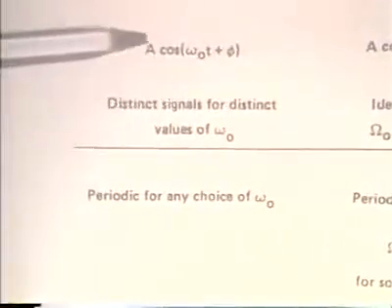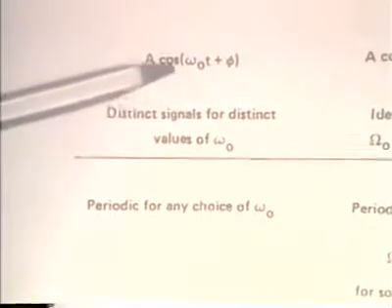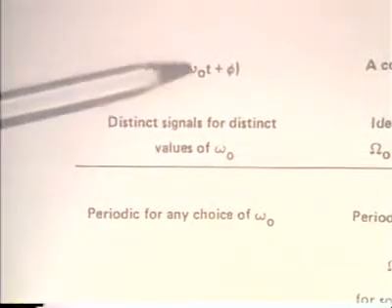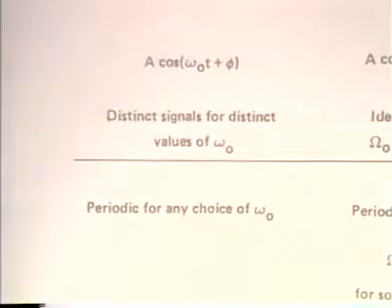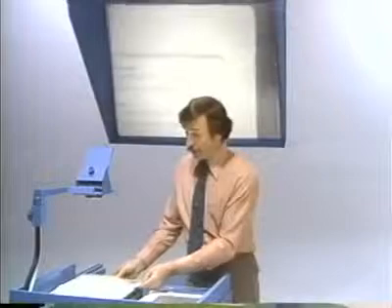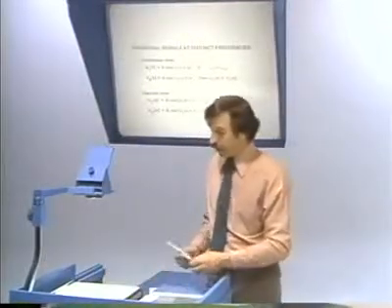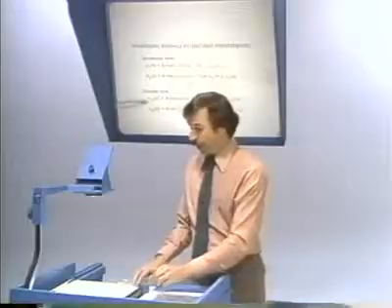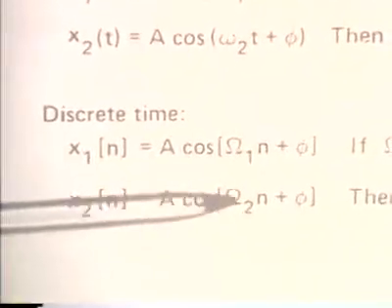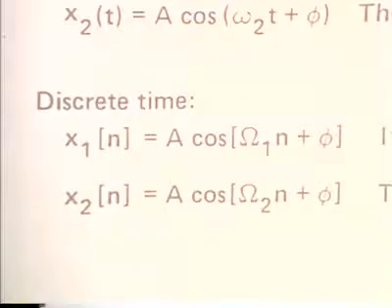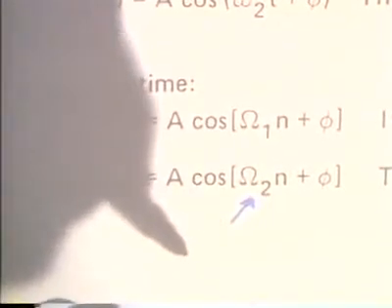In particular, if I consider these sinusoidal continuous time signals as I vary omega 0, I will always see different sinusoidal signals. Namely, these won't be equal. And in effect, we can justify that statement algebraically, and I won't take the time to do it carefully, but let's look first of all at the discrete time case. The statement that I'm making is that if I have two discrete time sinusoidal signals at two different frequencies, and if these frequencies are separated by an integer multiple of 2 pi, namely if omega 2 is equal to omega 1 plus 2 pi times an integer,